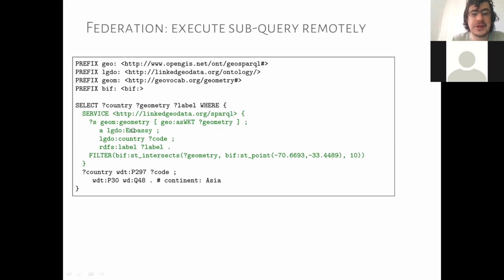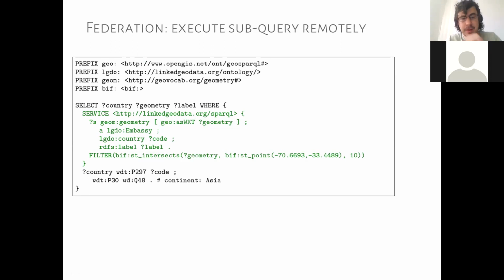So we have information about embassies and we have their geo coordinates. However, in Linked Geodata, we can find the country of the embassy, like a code for the country, like CL, but we can't say whether or not it's in Asia, but we have that data in Wikidata, right? So we have part of the data we need in Wikidata and part of the data we need in Linked Geodata. So in this sort of case, what we can do is run this federated query,